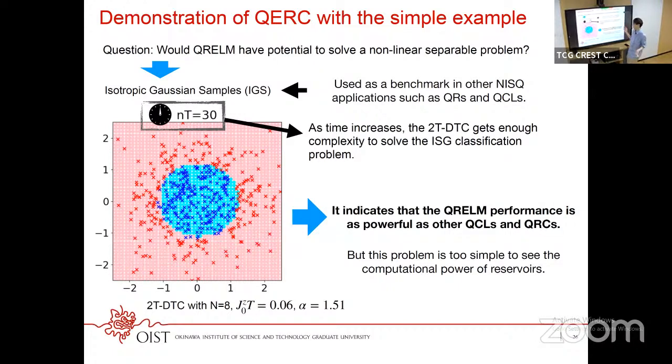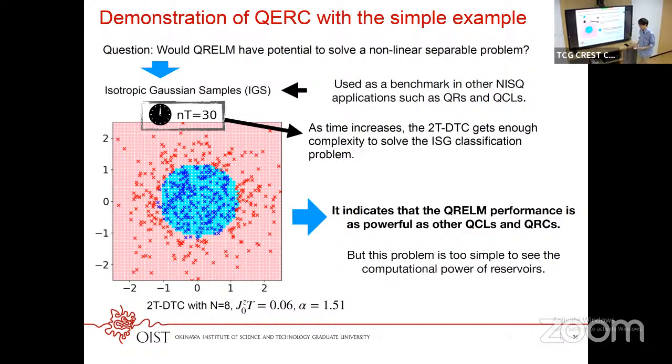So it indicates that QRC performs as powerfully as other QCL and QRC, because this type of problem is also used as a benchmark in other NISQ applications such as quantum reservoirs and quantum circuit learning. But this problem is too simple to see the computational power of the reservoir,